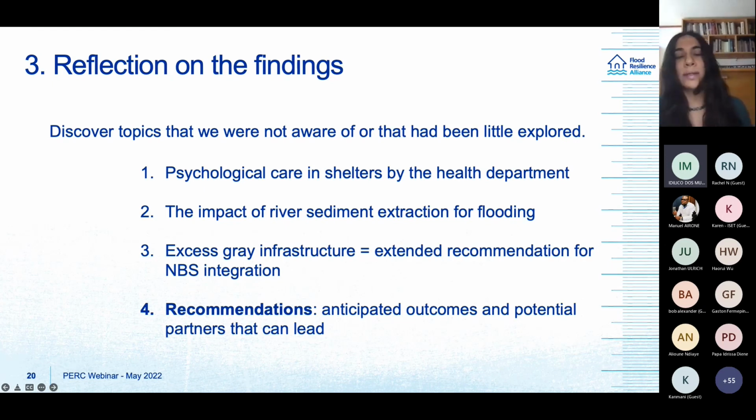Also, this wasn't a surprise, but the access to gray infrastructure in Tabasco, and because of this, we are working on an extended recommendation for nature-based solution integration. And